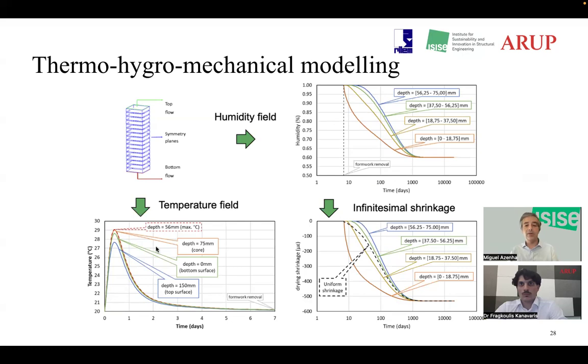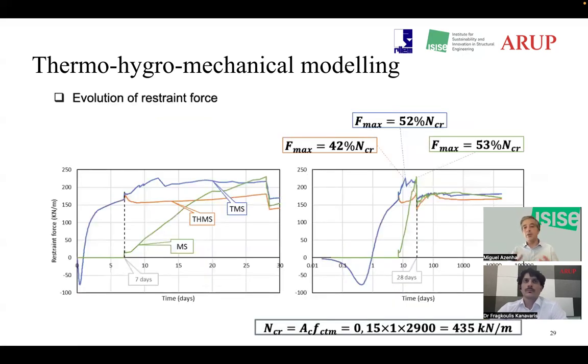Also, we took into account the temperature field in this case, even though there was not a big change in temperatures during the early ages. There were 7 to 10 degrees change. So this was causing some stress in the beginning. And ultimately, the most important thing that we concluded, and I think this is really important that we managed to report it in a scientific and coherent manner, was the comparison of the force that will cause the cracks in a theoretical model.